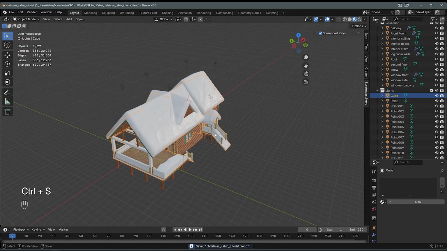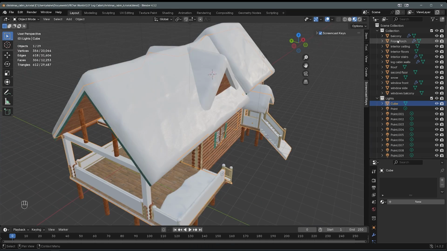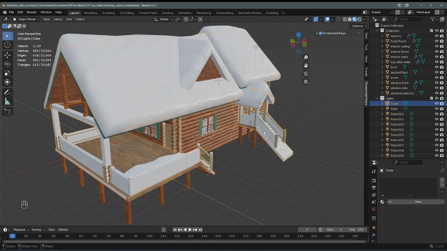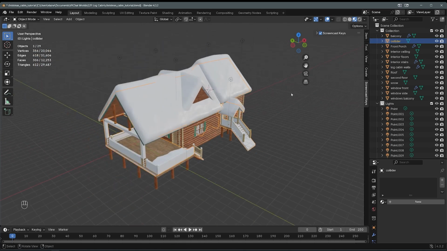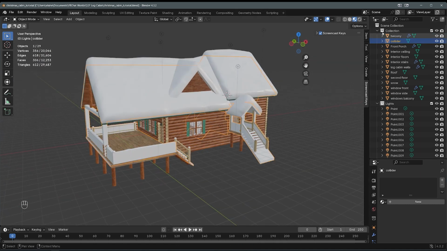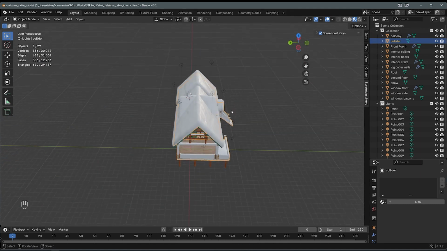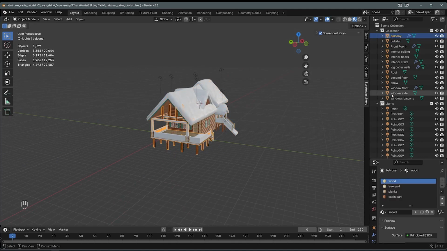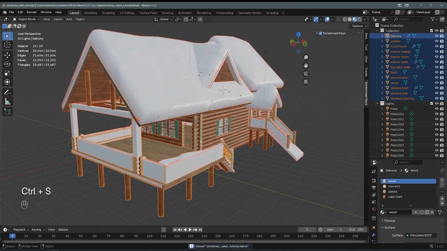So now we need to export this out and override the FBX in our Unity. We had separated this into different collections just to organize. We're going to make sure that our collision mesh object, which is this cube, is in our collection for the base of this world. We're going to rename this and call this, I don't know, collider, or collision mesh. It doesn't really matter. We don't need to UV map this or do anything. Now we just need to export this whole thing out. So everything that's a part of this base world is in this collection. So we're going to just select the top object, shift, select the entire bottom,